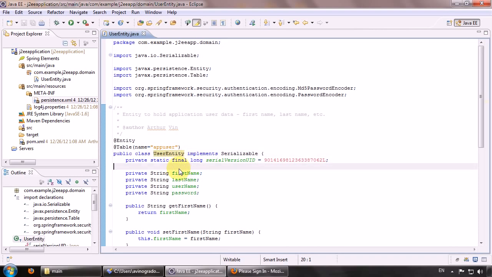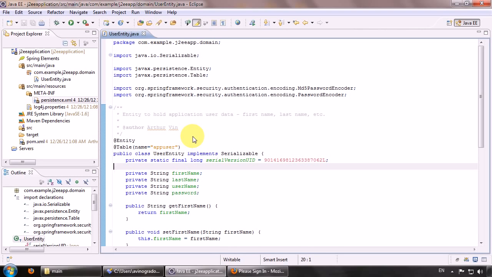Sorry, that's not yet enough, because we do not have a field here for the ID column in the table. The database tables usually use the ID column to uniquely identify the entries in that table, and we need that in our entity class also. Instead of putting it here, we'll create a base class that will hold that ID field, and by extending that base entity class, we can avoid copy-paste, duplicate code snippets in future entities that we will create. Basically, this is a good practice in projects,